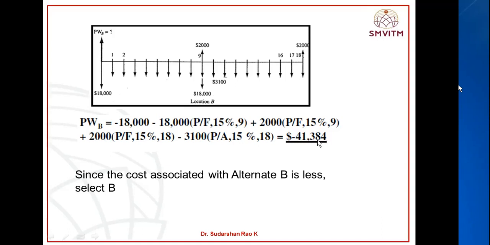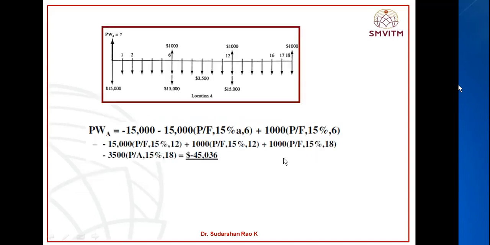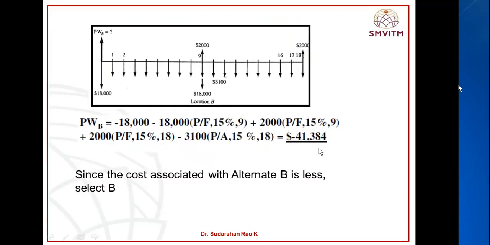Comparing these two, the cost associated with B is less compared to A, therefore B is selected. For A it is 45,036, whereas for B it is 41,384, therefore B is